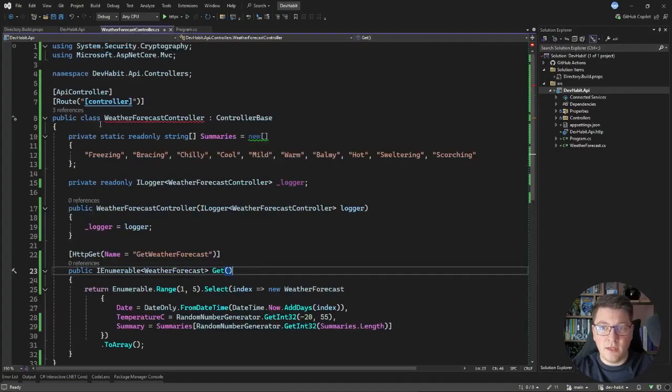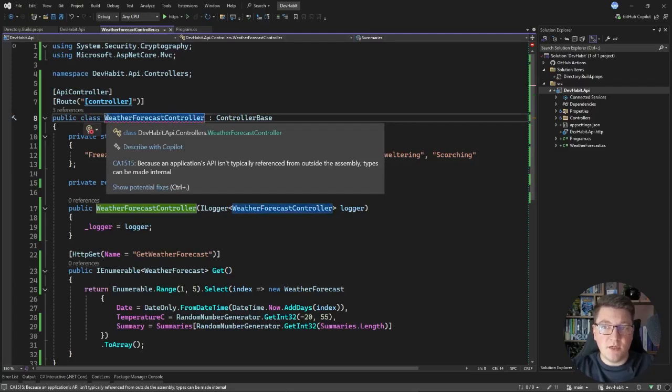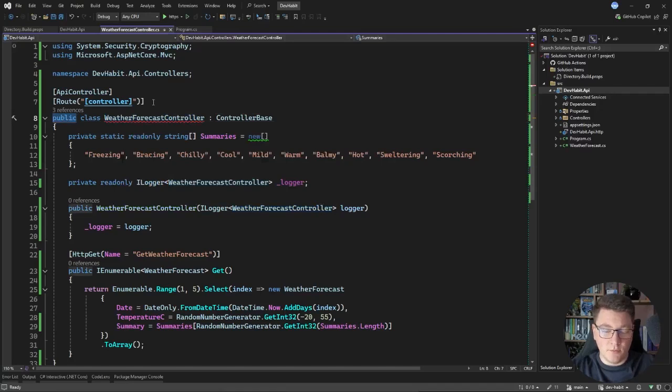We are left with another one, which relates to our controller. And this particular static code analyzer is something that we could turn off, because it's saying that our API shouldn't be publicly referenced from other assemblies. And the reason we're getting this warning is because this type isn't referenced by any other assembly, so we can make it internal. So if I wanted to make this go away, I can make this internal, but this will only let some other errors bubble up. So we are going to solve this differently. Let's revert this back to public,